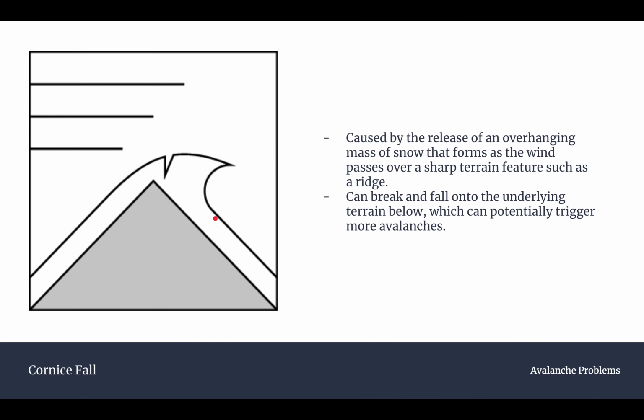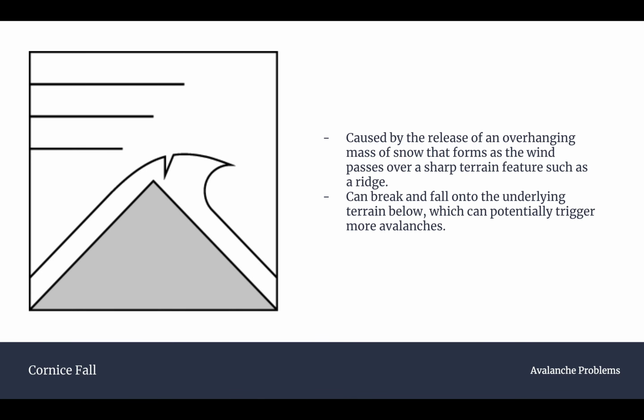And if it breaks and it falls onto the snowpack, these things can be enormous. They can be 30, 40 feet tall, which you could definitely sustain major injuries from. Another risk is if you're sitting beneath a cornice and the cornice breaks on top of you, it's obviously going to fall on you. That can be a tremendous amount of force and can really seriously hurt you or even